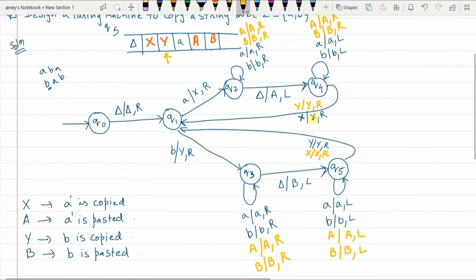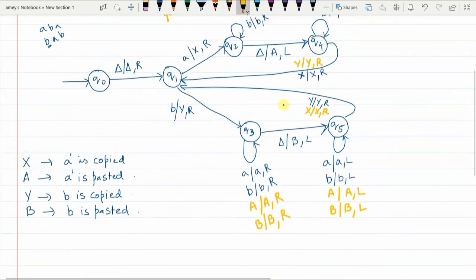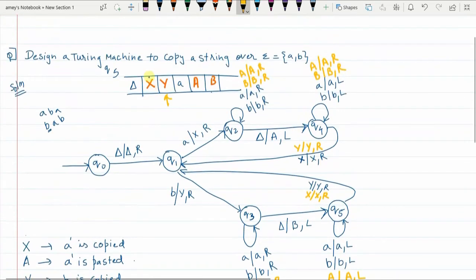I had written only X because for my current example, during the first iteration, as I was moving to the left, I was getting X, but I could have also got Y. Similarly now for this iteration, I am getting Y in Q5 state, but I could have also got X. So I am writing this now.